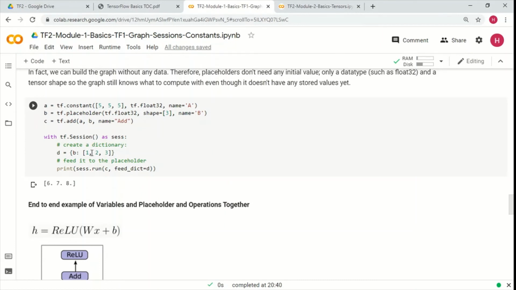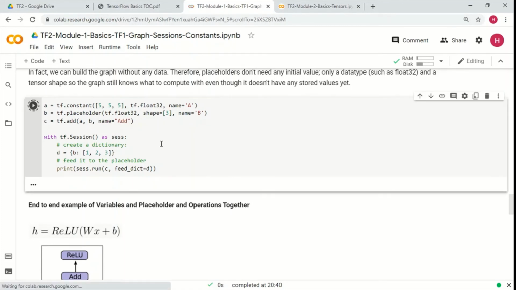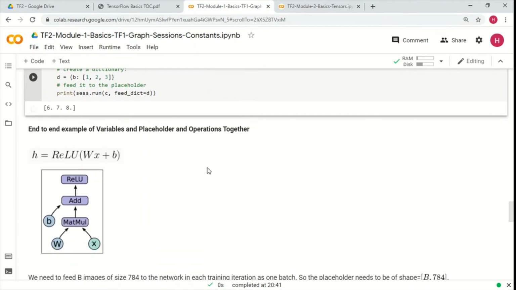So 5 plus 1 is 6, 5 plus 2 is 7, 5 plus 3 is 8. So that's the result that we get. So we are executing this part, right? Now just to give you a more concrete example of all these, the tensors and the placeholders and the